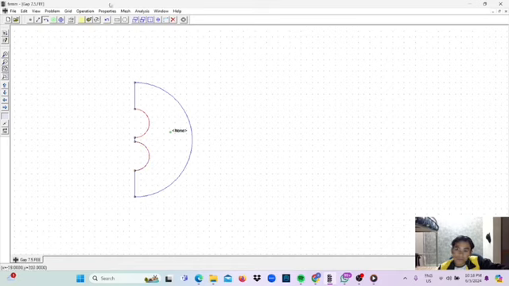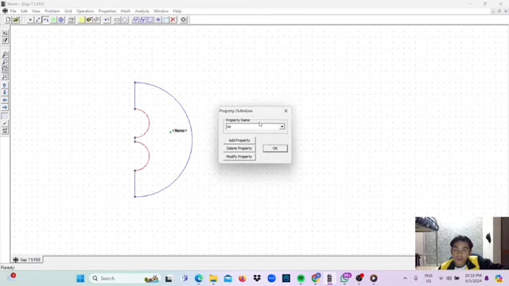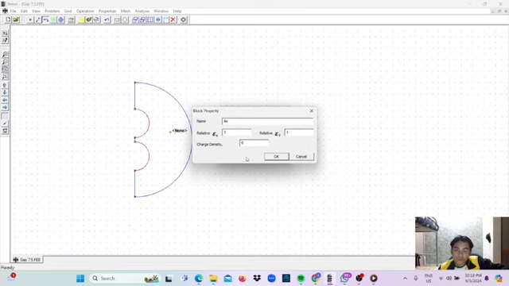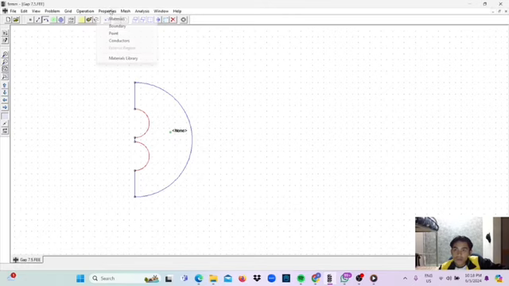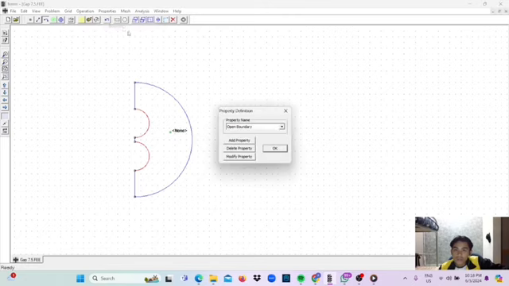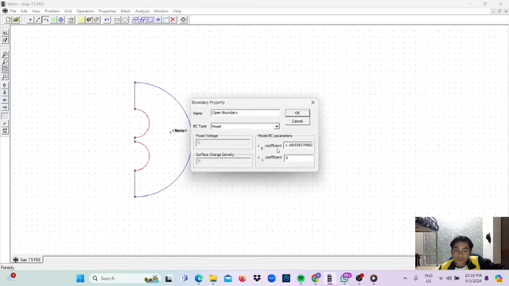Before that we need to go to the properties and set the material of air. Go to modify property, and we put the value of air as 1 relative, and charge density is 0. Then click OK. After that we go to the boundary, set the value for coefficient open boundary as 1.180,